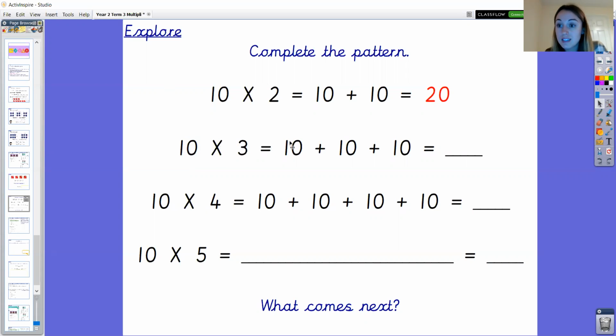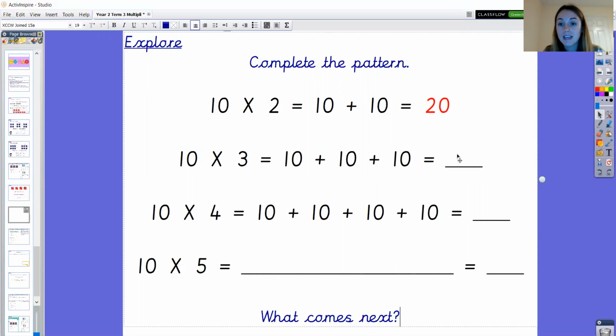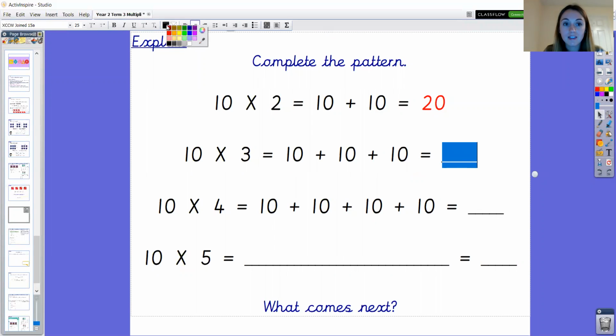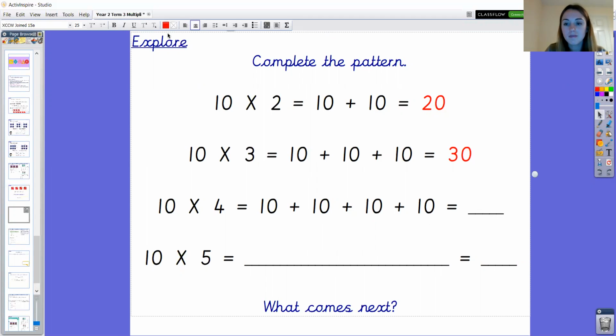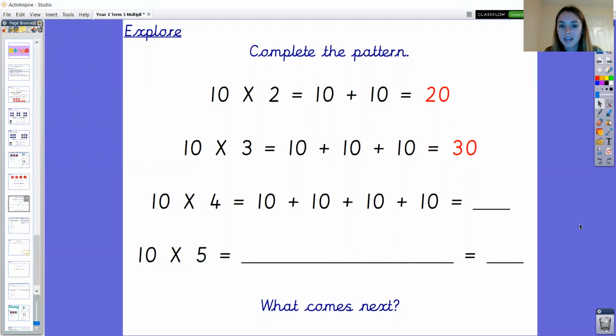Okay, let's have a look at the addition number sentence. 10, add 10, add 10. We also know that the total is 30. Fantastic. Okay, let's look at the next